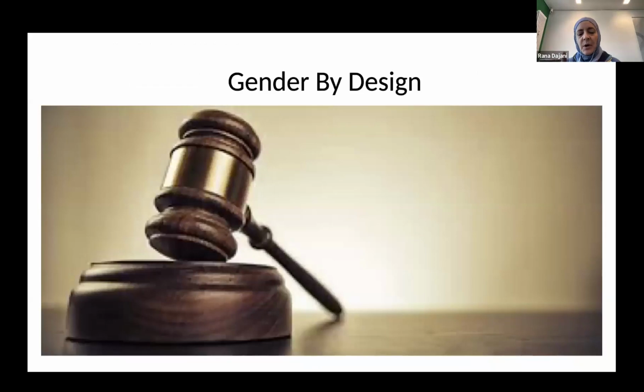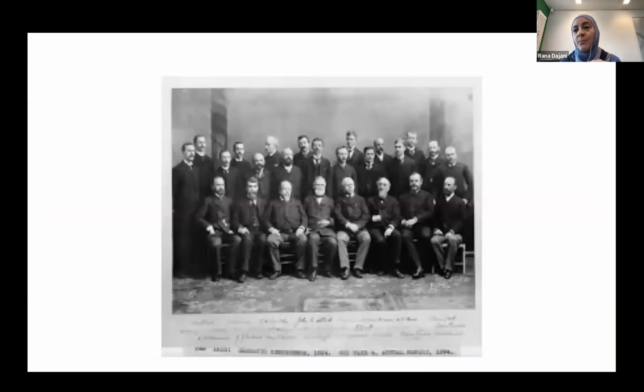And now this is the last part, which is how do we do this? So yes, we have to install policies and regulations. But if you install those policies and regulations and you don't have females on the board to interpret them in the right way, then you won't be achieving it. So you need to have quotas and have females on the board.